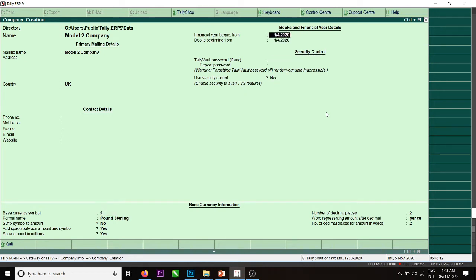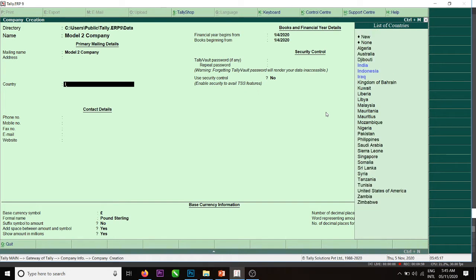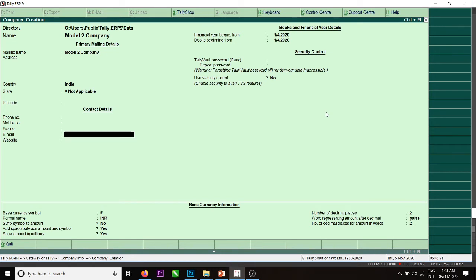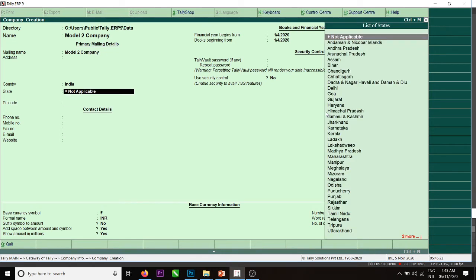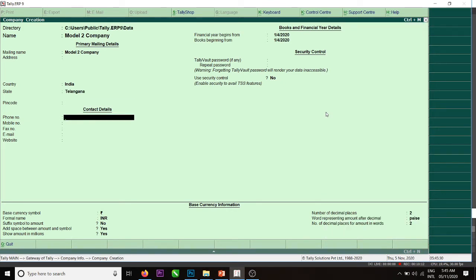State I selected. Model 2 company is created.